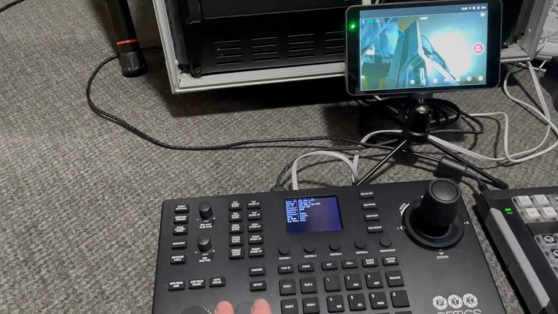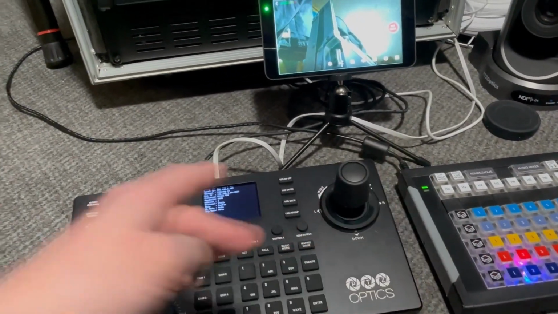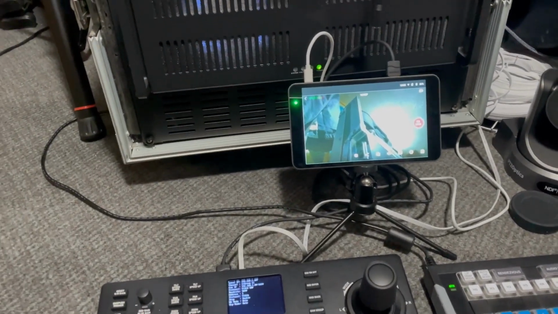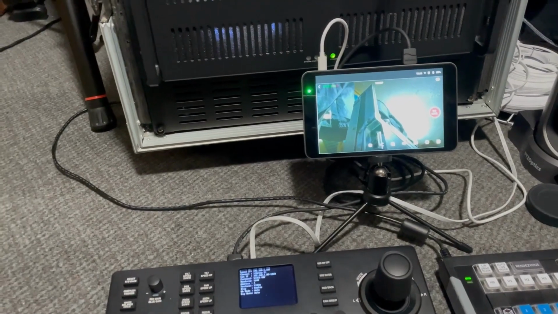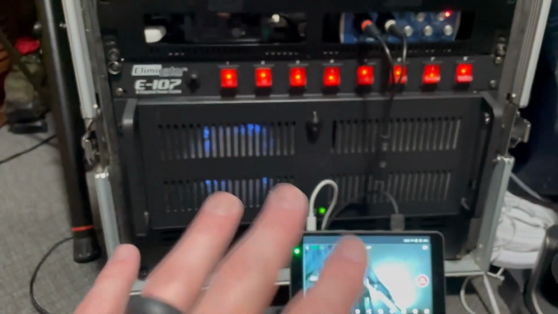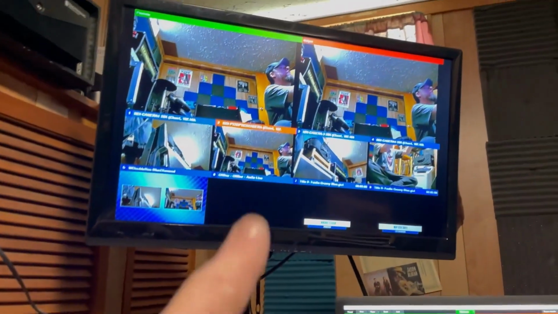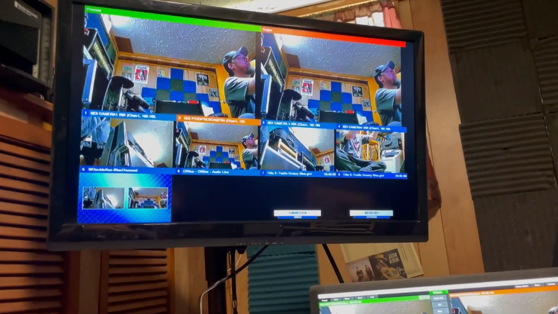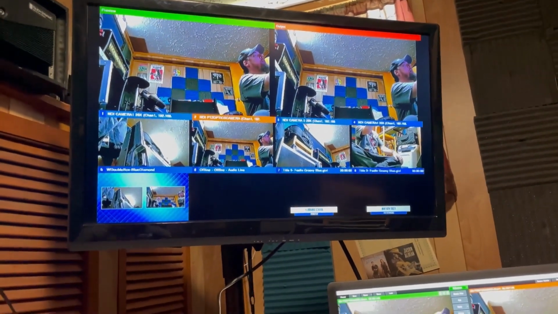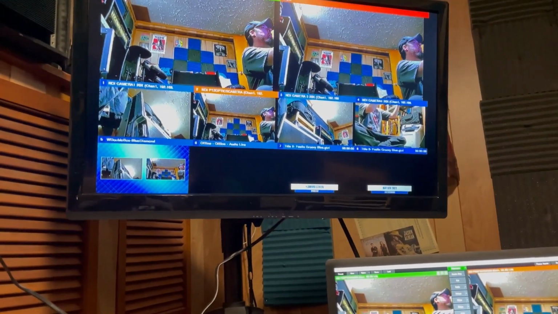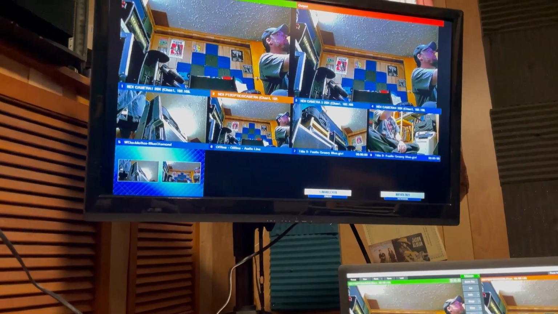Now, right now, these two devices don't have the cables running through because those are something I can set up there, and they're long enough that I can run them on a table, and this rack can go underneath the table. I also have this stand here that runs a 32-inch TV that I can use as a multi-view, as you're seeing there, or we can do a giant program out. It really is up to whatever